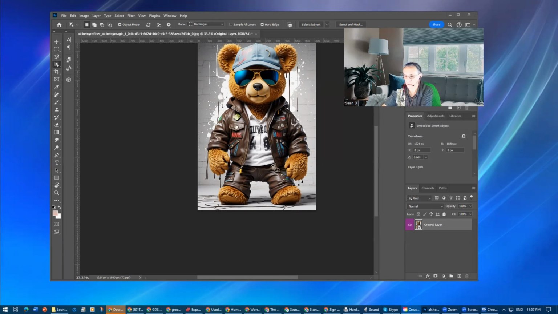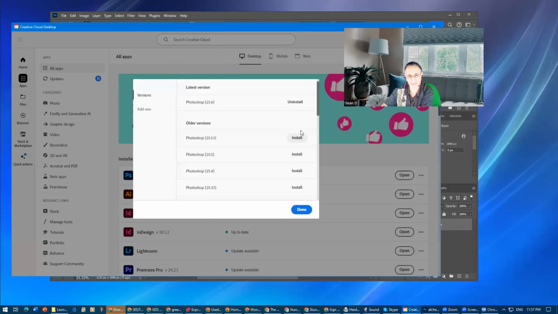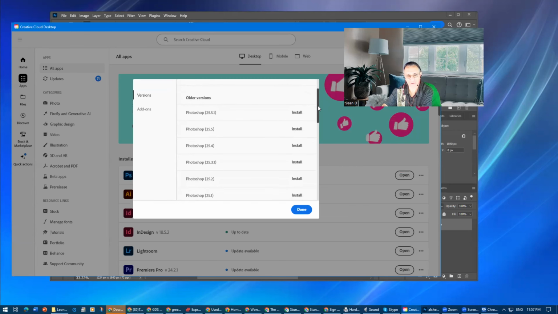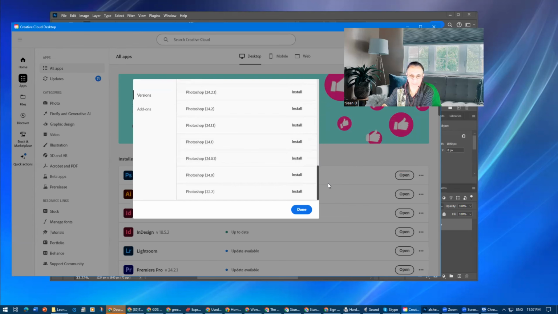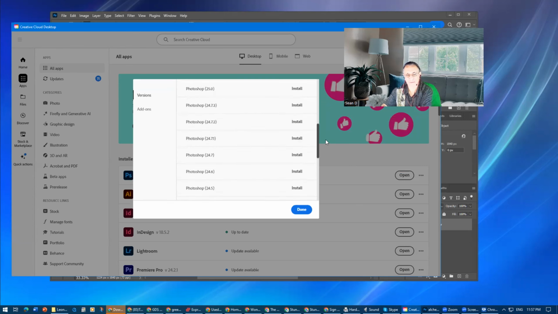So this is something that you can see when you are in the Adobe Creative Cloud. Right? So in here it tells me what version I have and how many versions there have been previously. It doesn't give you the dates, but I think that version 25 was from about a year ago,